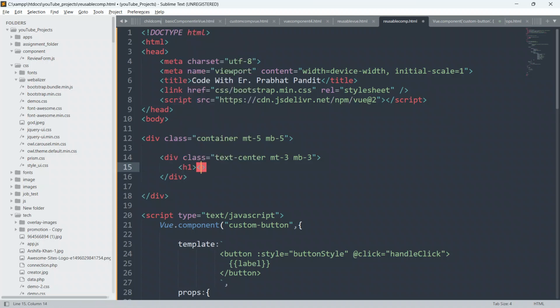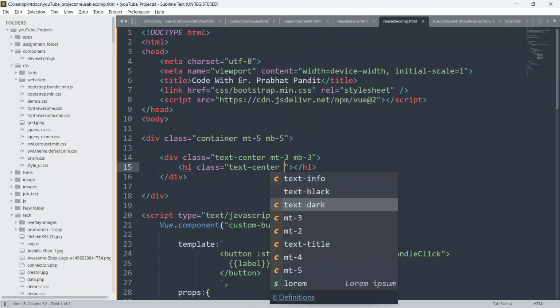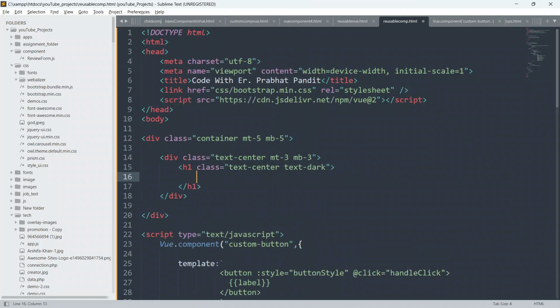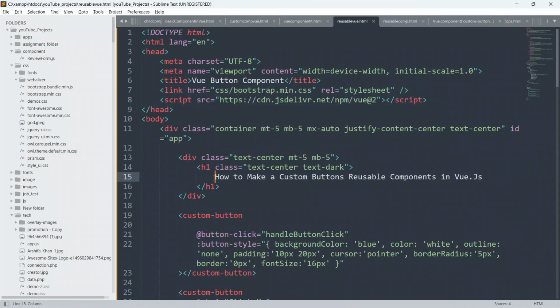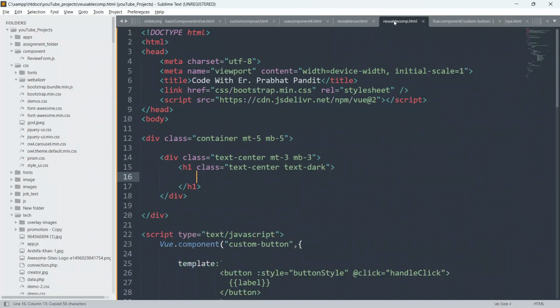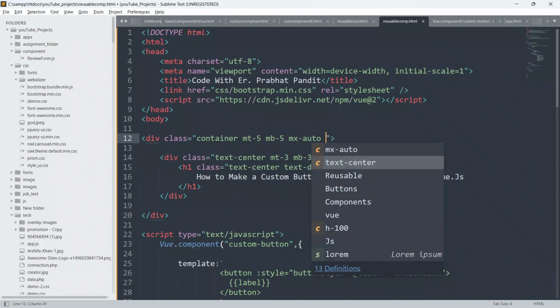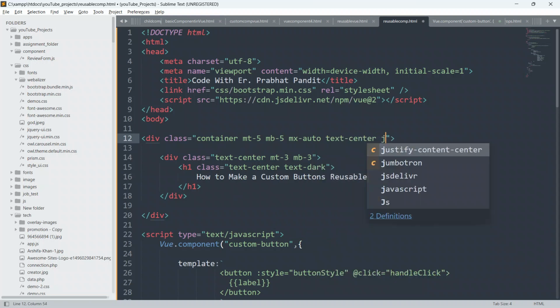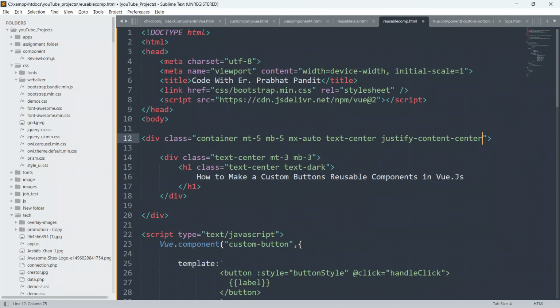Give class text center and text dark, and I'm going to copy the text from the previous example. Just go here, copy this, paste it here, and give mx auto, text center, and justify content center.